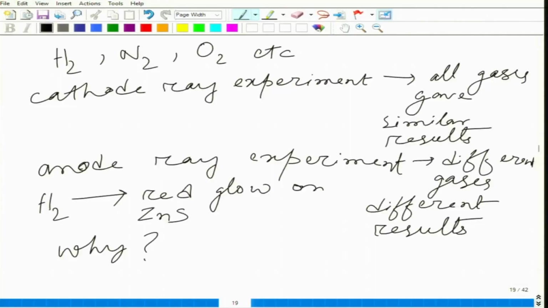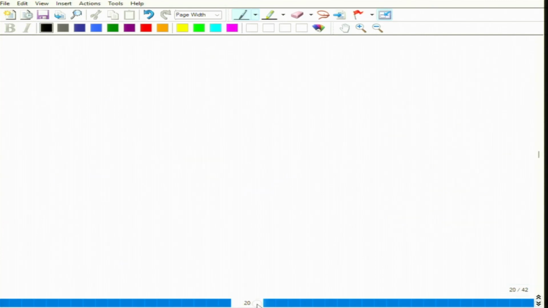So we have seen the details of the anode ray experiment, like how the experimental setup was, how the experiment was conducted, and some basic observations. Now, what was concluded from this experiment, we will now see. So what happened? The results of